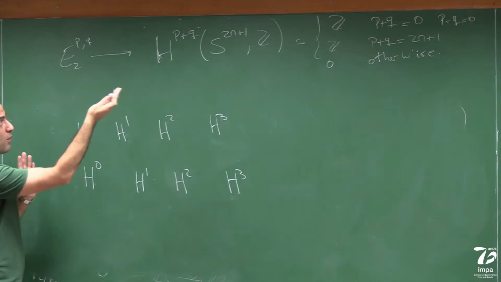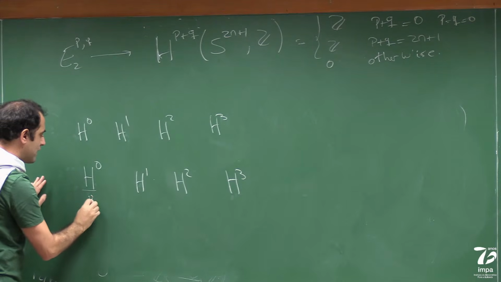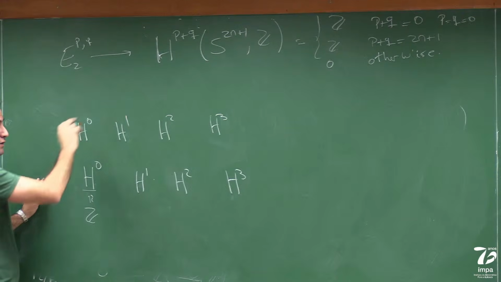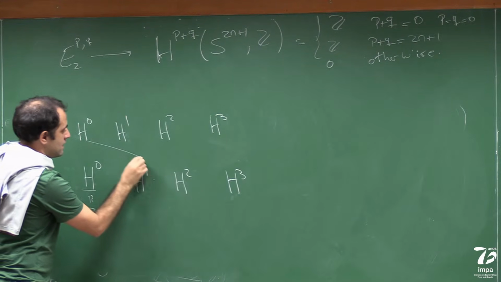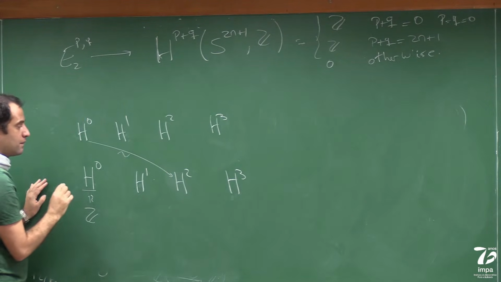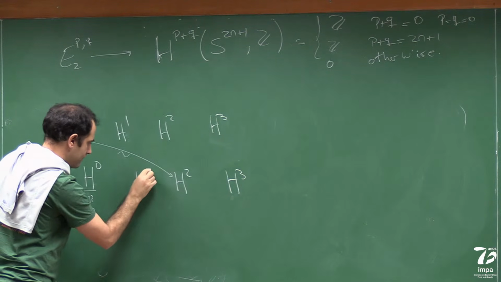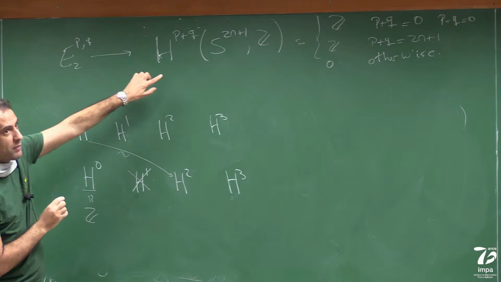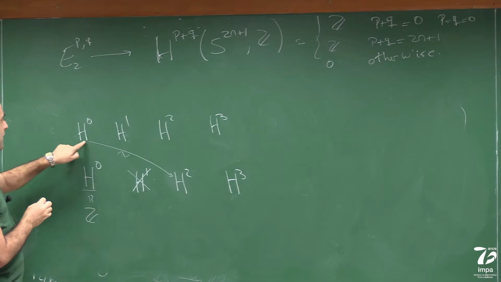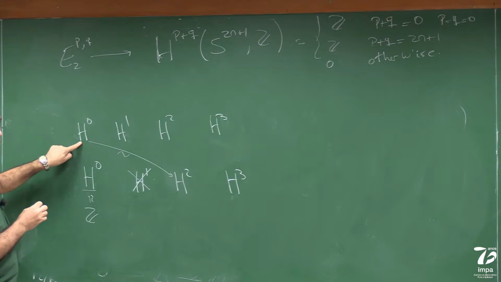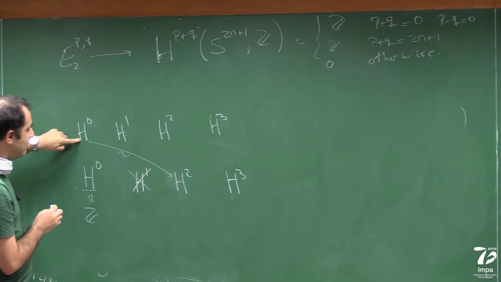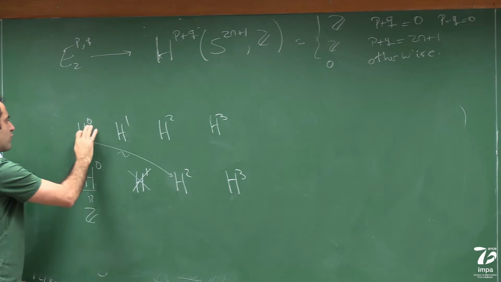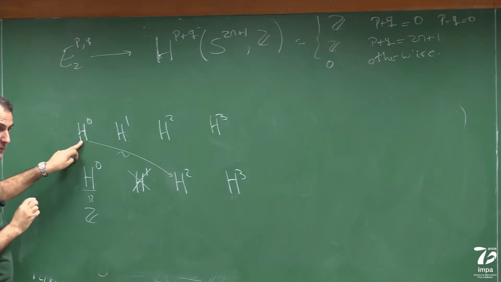The total homology is the homology of S2n plus 1. So this guy we've already checked that is Z, because the total homology of S2n plus 1 in degree 0 is Z. This is an isomorphism. And this is 0, because it survives homology and S2n plus 1 does not have homology in degree 1. And this is an isomorphism because this survives homology and S2n plus 1 does not have homology in degree 1. So this got rid of, but let's not cross this. That's it.